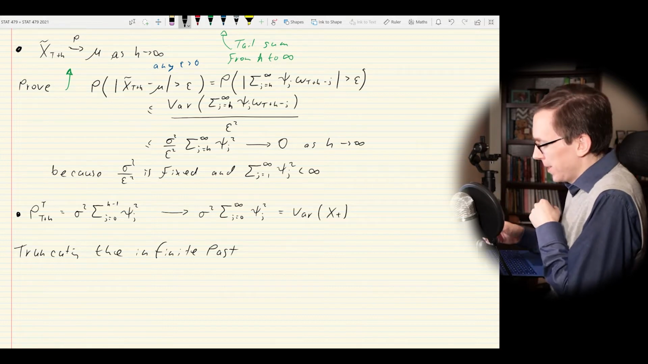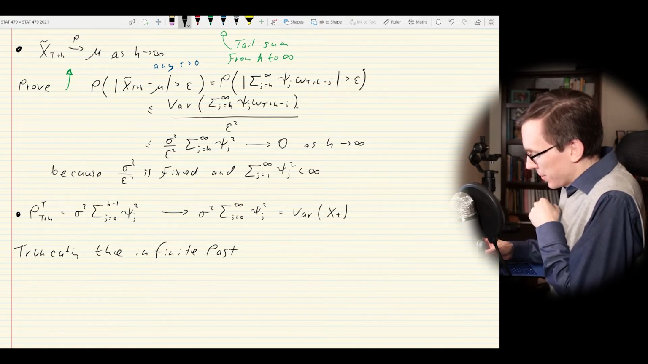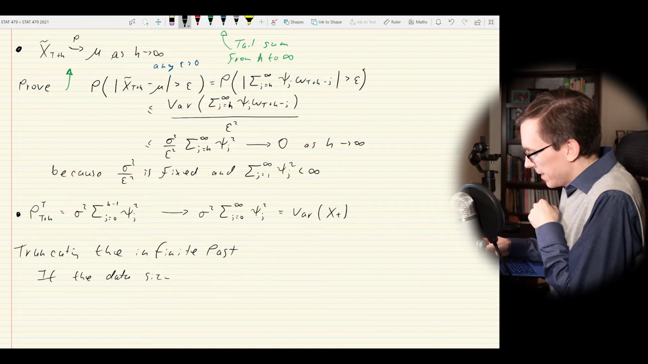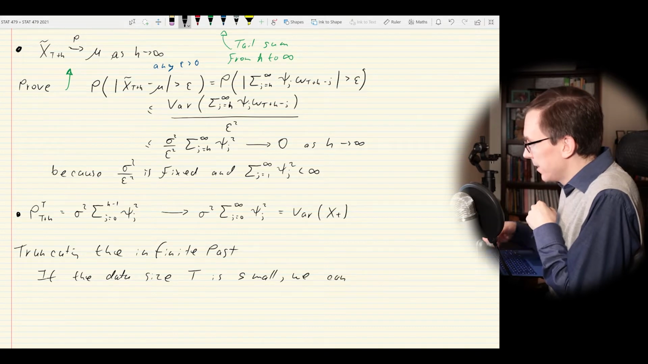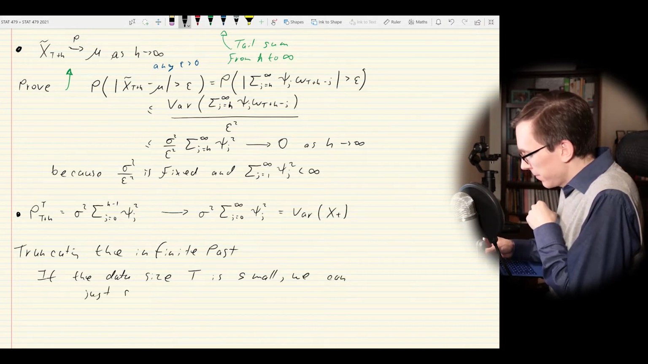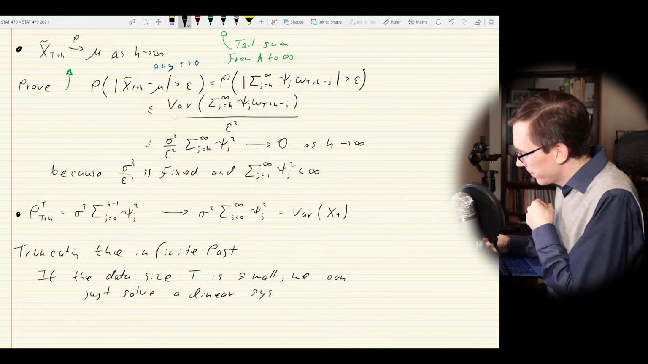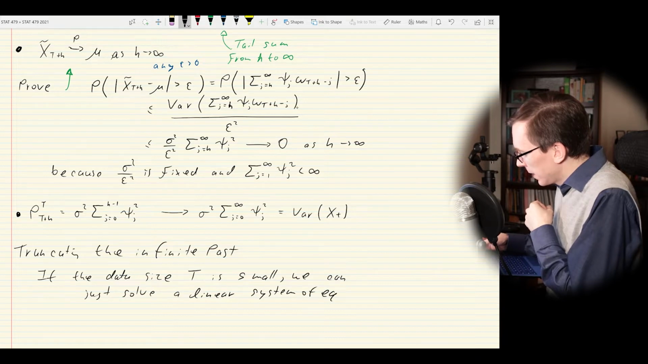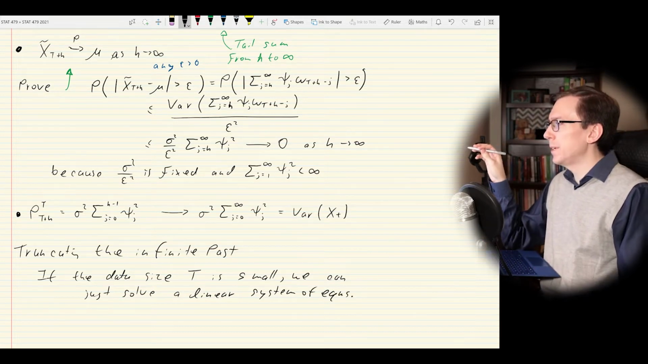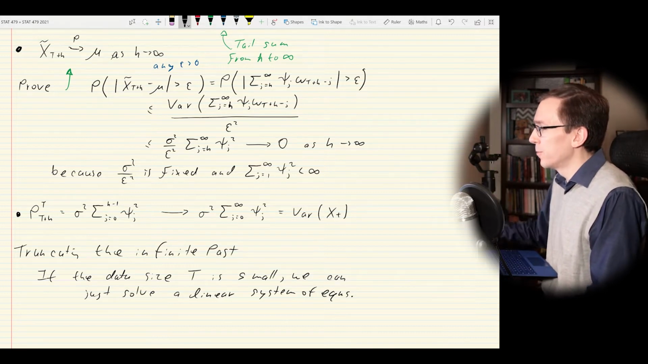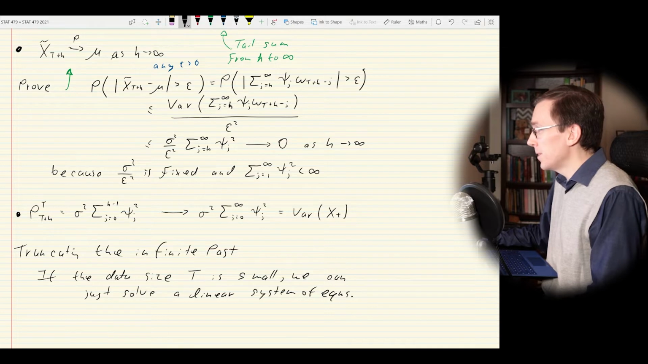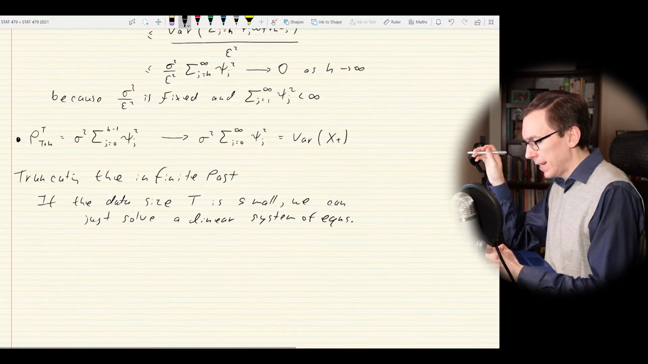Well, there are two approaches. One is that if the data size t is small, we can just solve a linear system of equations, as noted, I think, a lecture or two ago. But if t is large, we're not going to be able to do that, and we're going to have to go forward iteratively. So now we're going to use the invertible representation, because remember